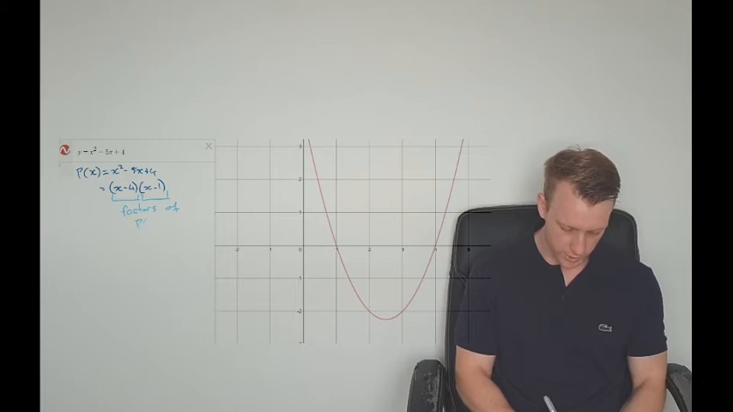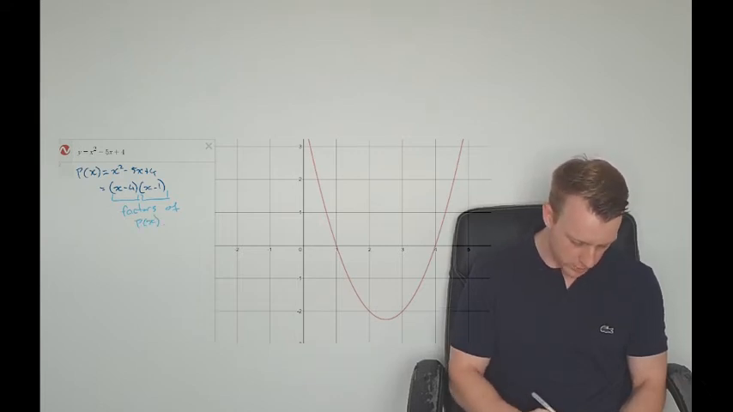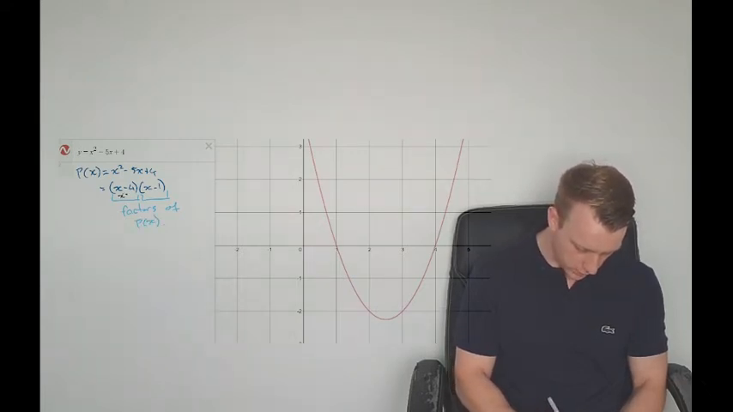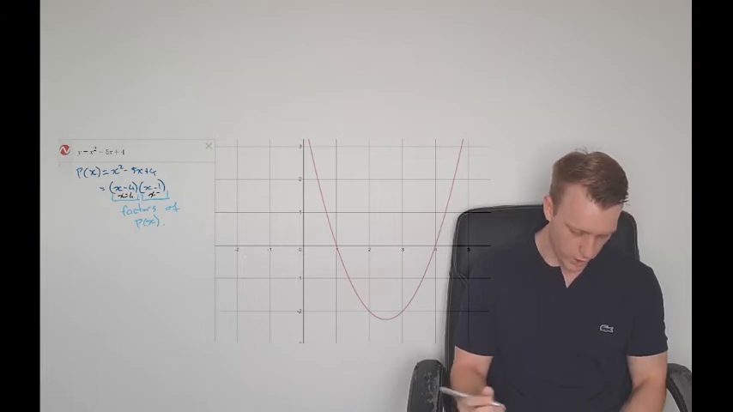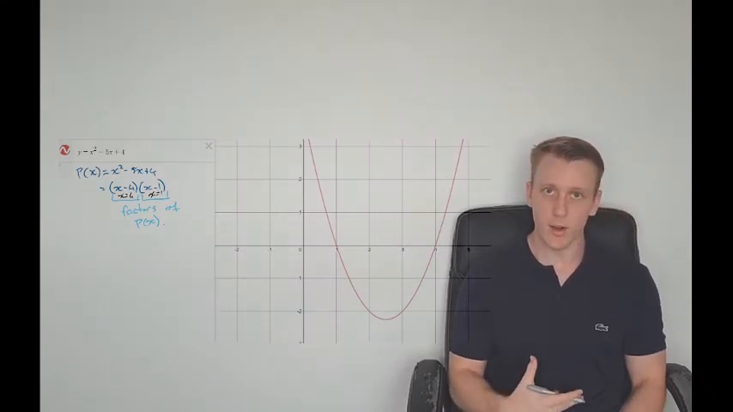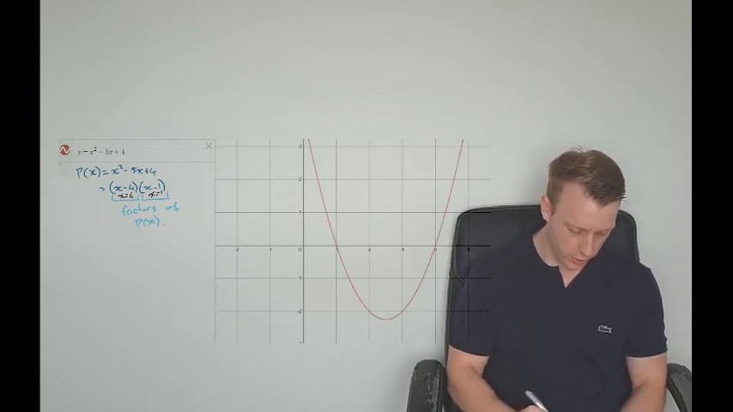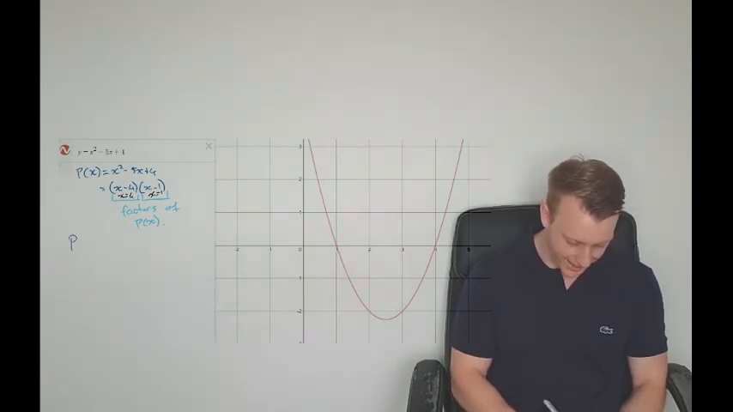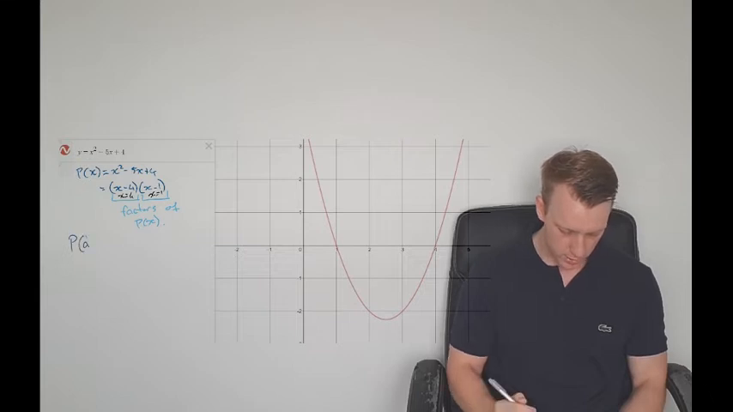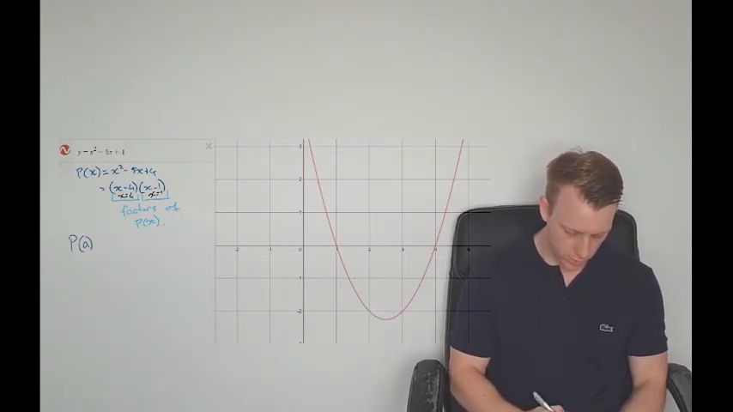They're factors of P of x. And if you look specifically, x equals 4 and x equals 1, right? They are our A values that are going to work here for us. So if we evaluate P of A,